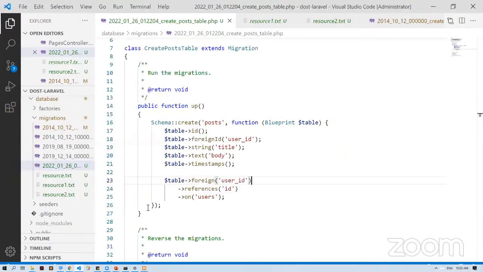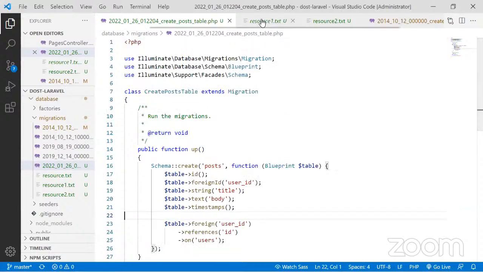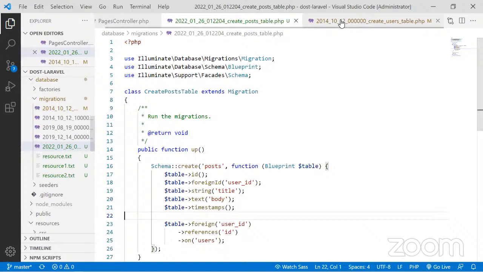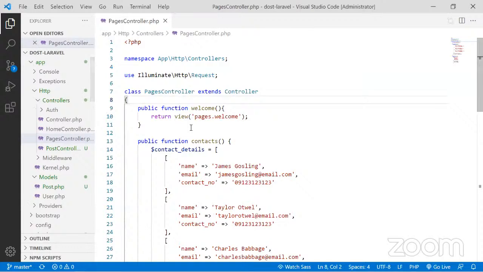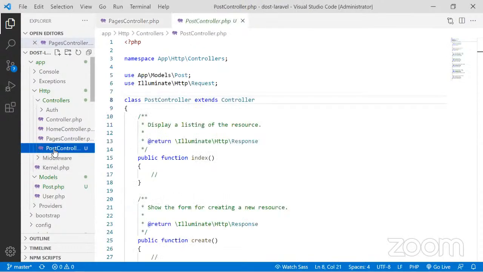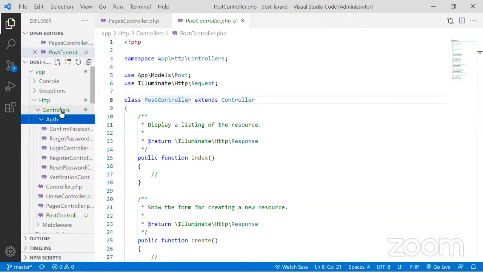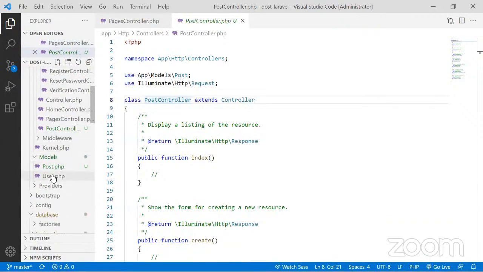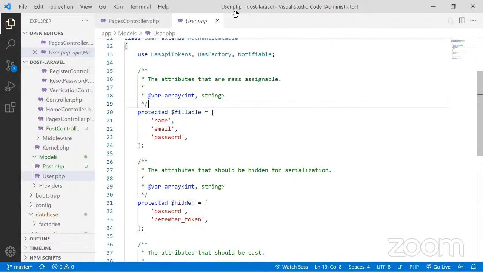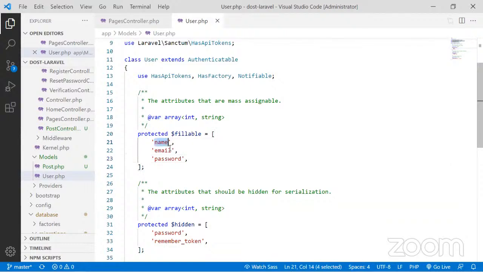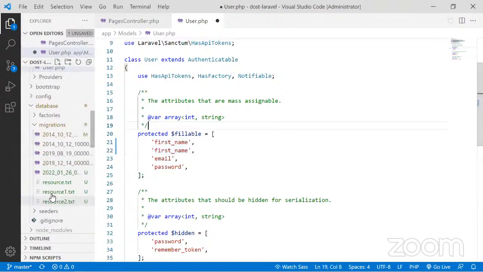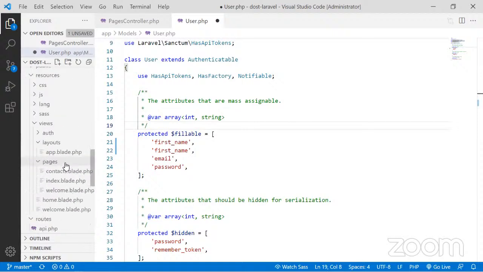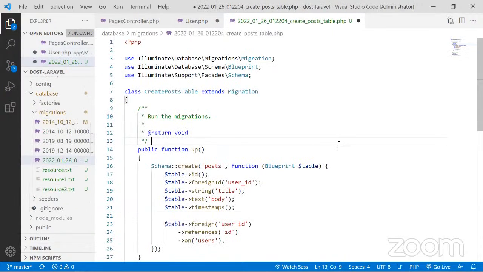So now let's proceed to the controllers for the post controller, let's skip that configuration for now. So with the users, we need the model. So for the model user, we will now update this one. So first name, since we've updated the user migration, and let's make sure that